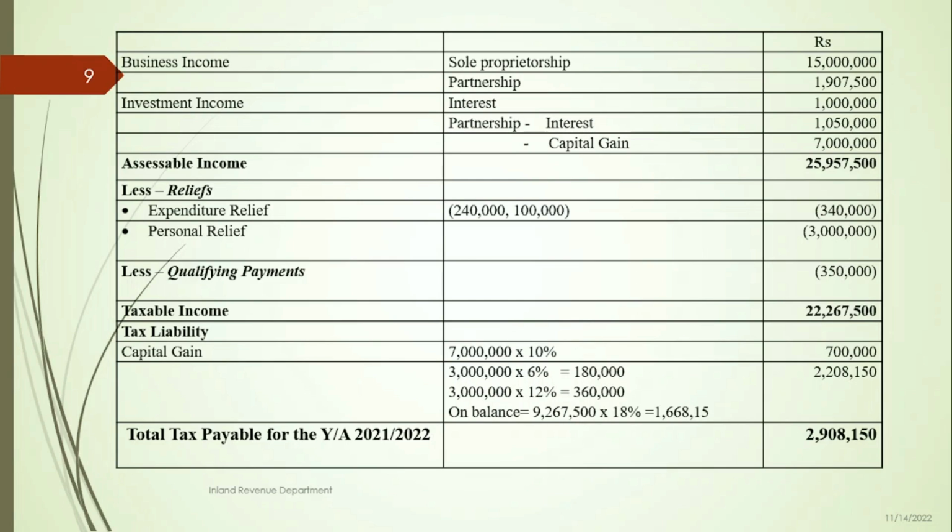Balance taxable income will be taxed at the rate of 6%, 12% or 18%. That the total amount will be 2,208,150. Total tax payable by Miss Tilaka is 2,908,150,